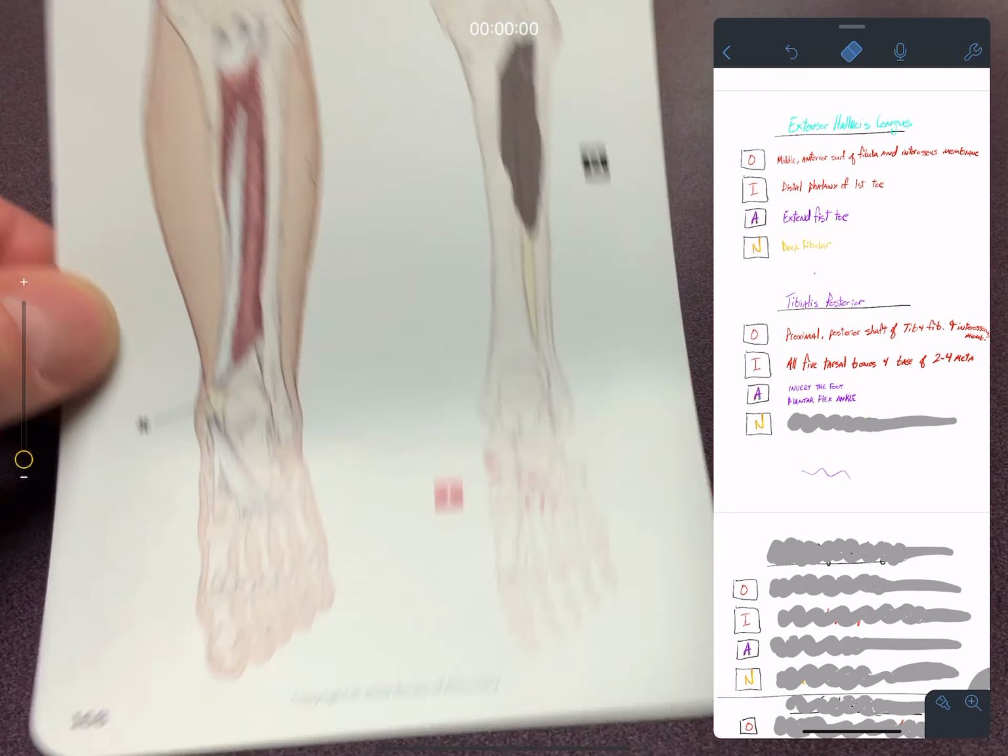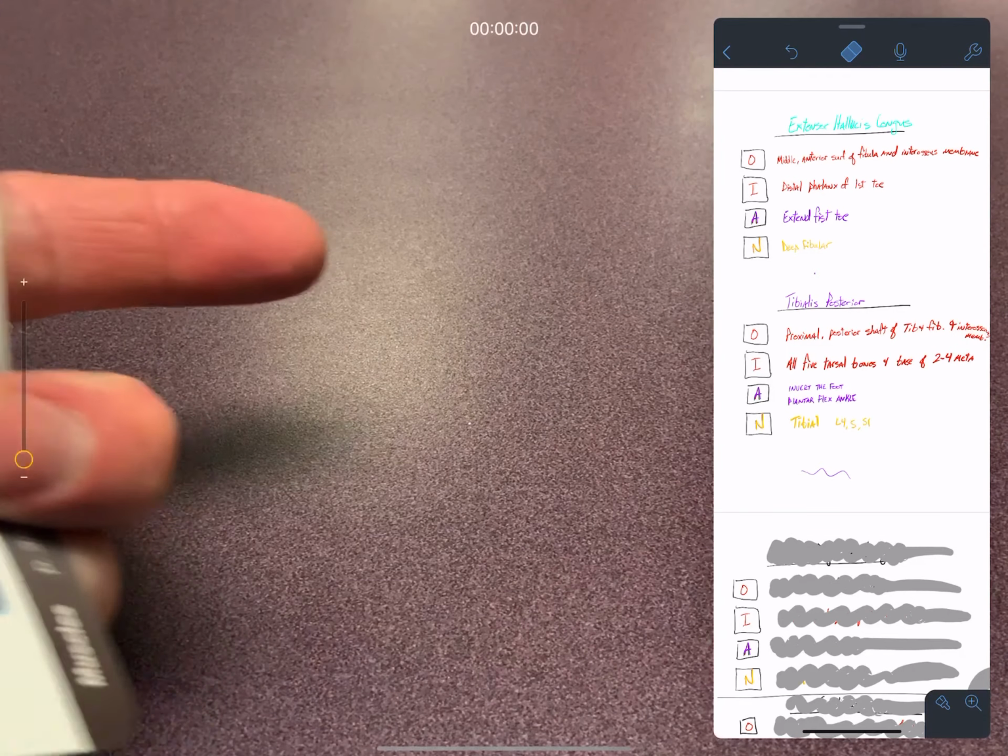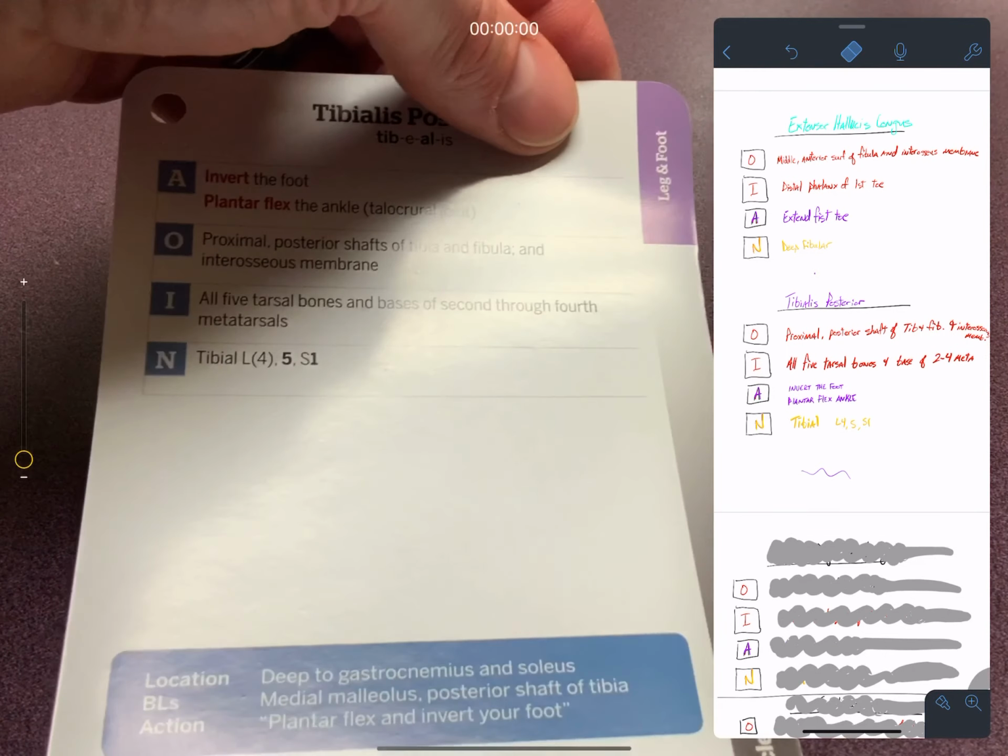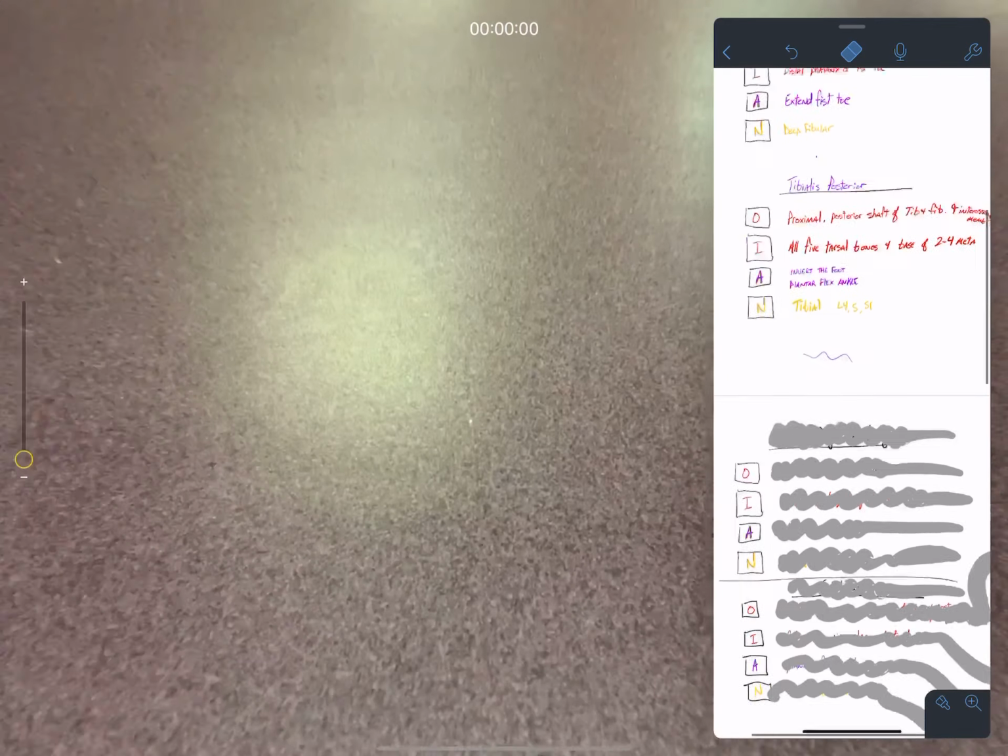And what nerve innervates it? The tibial nerve, L4, 5, and S1. Got it. Next,